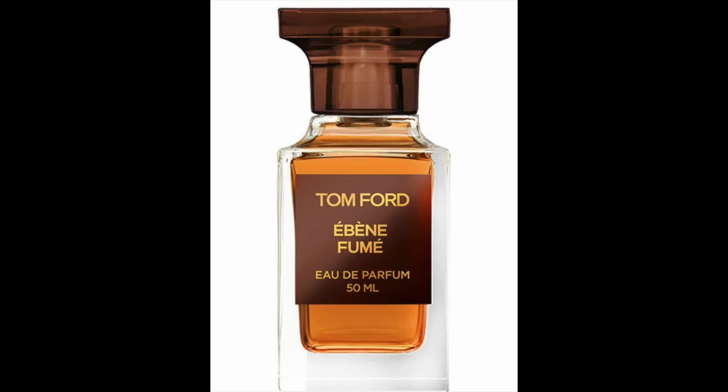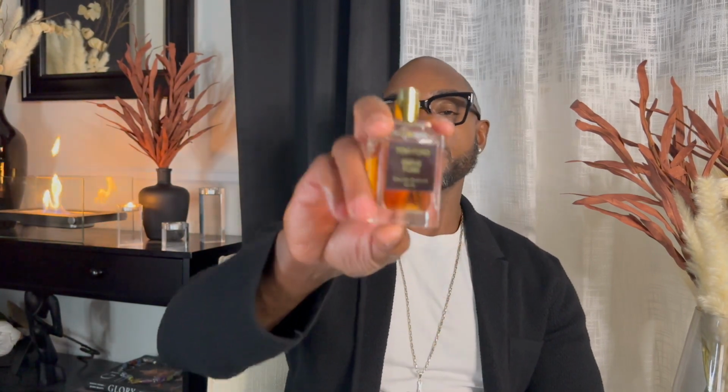And so guys, last but not least, the daily scent is one of those scents that can capture each essence of a blend list, but gives you something that's reliable throughout your day on a daily basis. Now for me, that can be a pretty complex scent. For some, it may not be. But for this particular list and my complexity and the way I like fragrances, I want to celebrate Ebene Fume